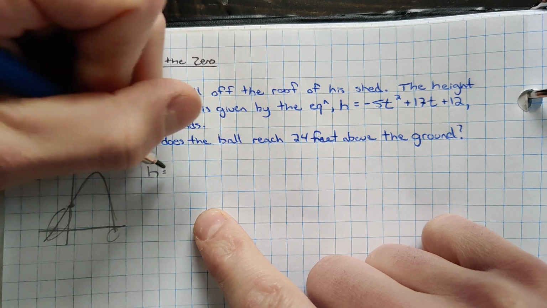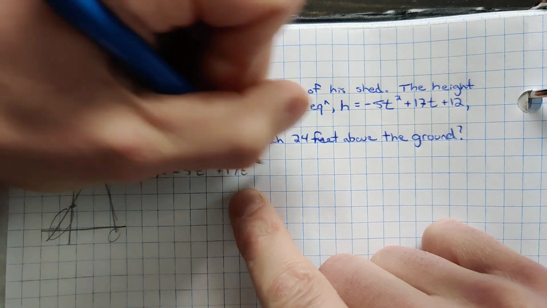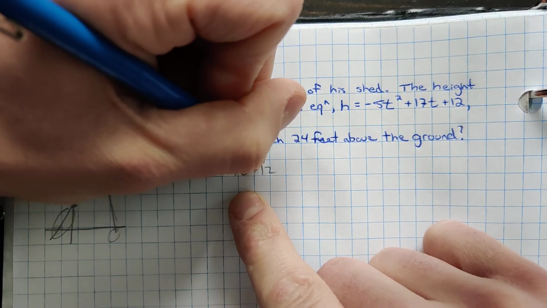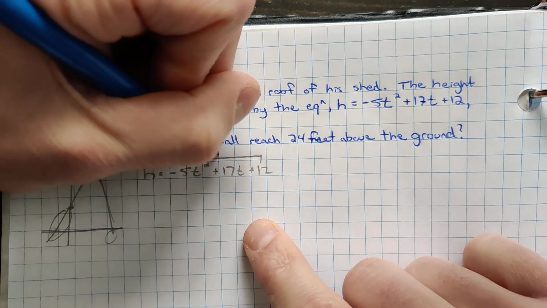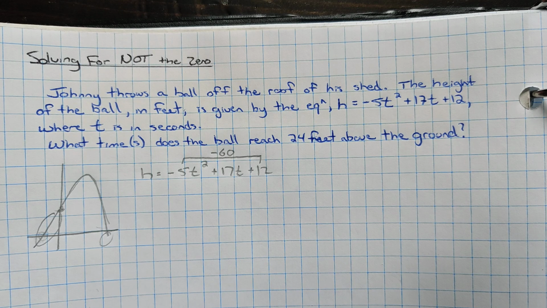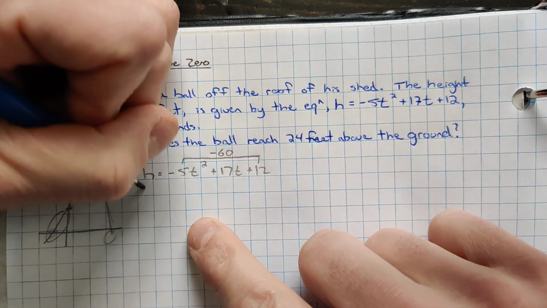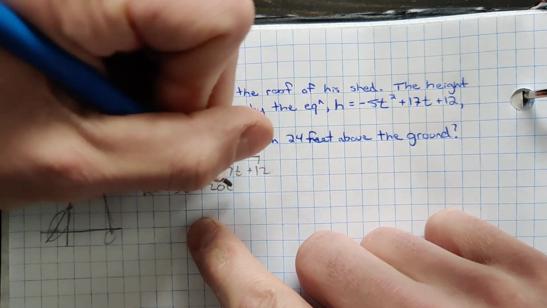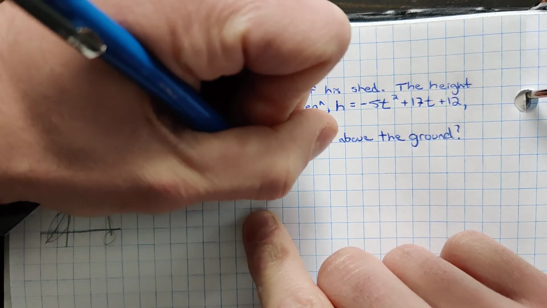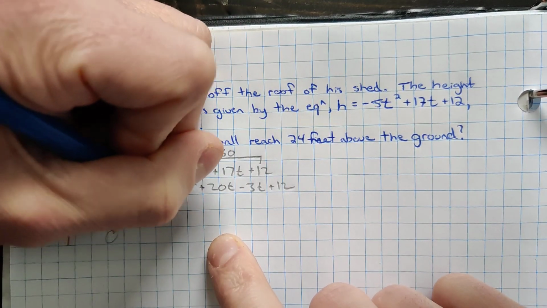H equals -5t squared plus 17t plus 12. We're going to multiply -5 by 12. That's going to give us -60. We need two numbers that multiply to -60 and add to +17. Well, that's going to be 20 and -3. So h equals -5t squared plus 20t minus 3t plus 12. Continuing this on, h equals common factor of